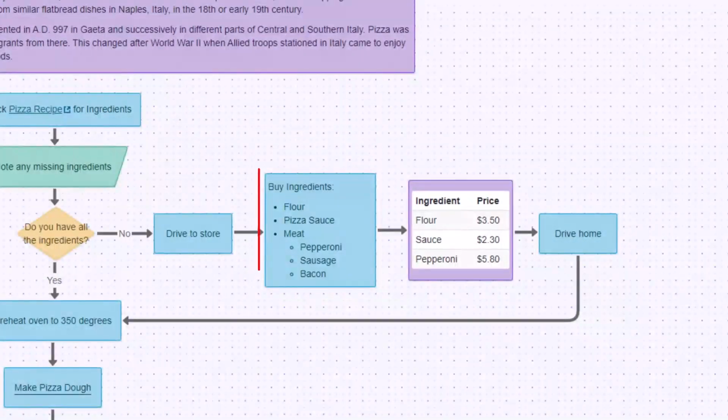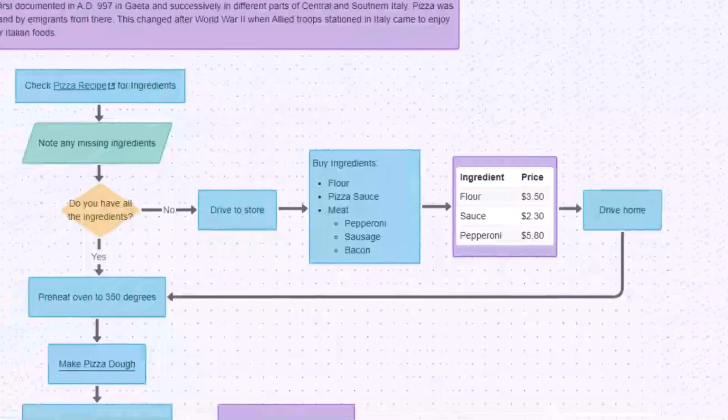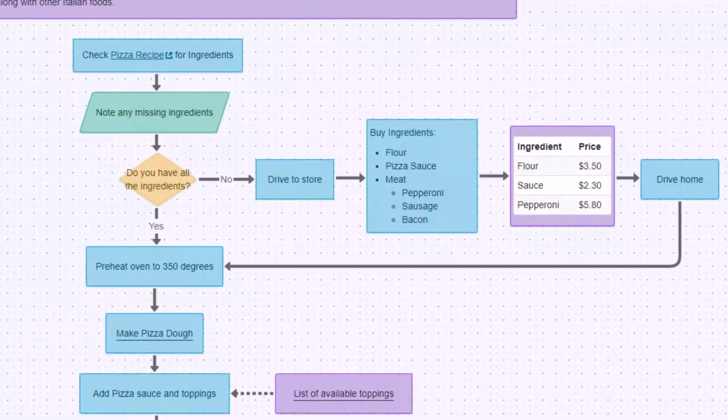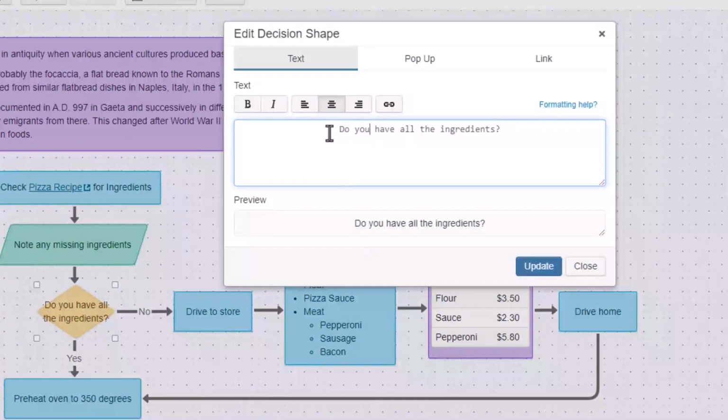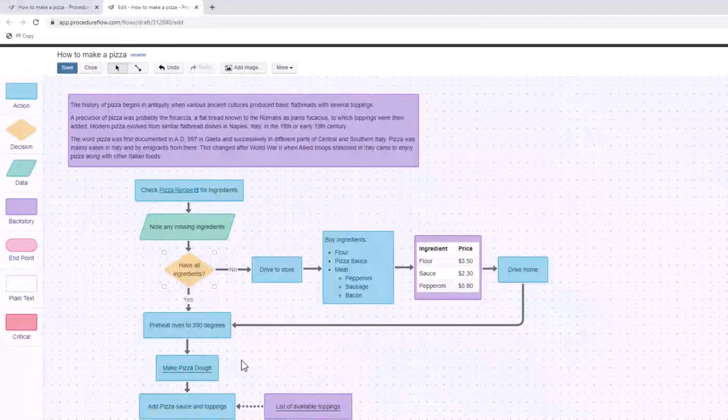If you have long lists of text to include in your flow, bulleted or numbered lists can be a useful mapping convention to help make it more coherent for the reader. And when presenting text in a sentence, try to use as few words as possible. For example, instead of asking the question, "Do you have all the ingredients?" a best practice may be simply to ask, "Have all ingredients?" The brain automatically filters out the connecting words anyway. So removing the extra words gives the brain less to process and allows users to navigate the flows much more